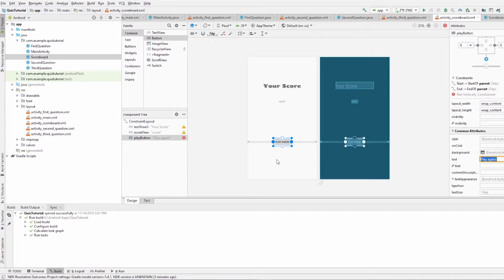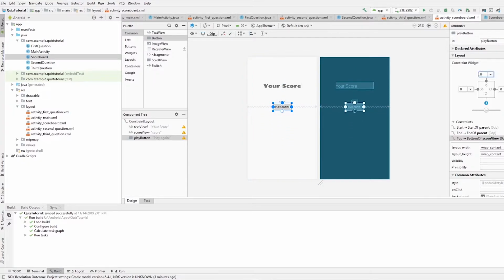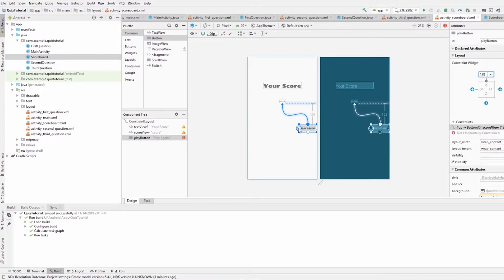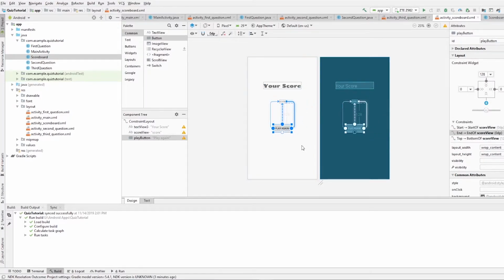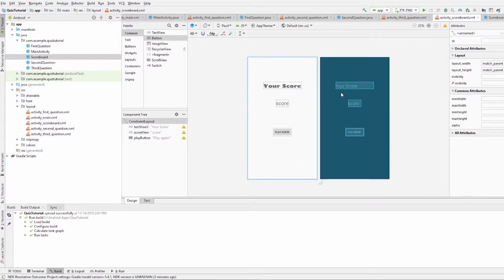And then again, we want to make this constrained to the score right here. Give it maybe 128 constraint and get rid of these left and right constraints and constrain it down to the score right here. And then the score is a little small, so we want to increase the font. Let's do 30. Now that we have all the activities done, we want to go back into the Java files